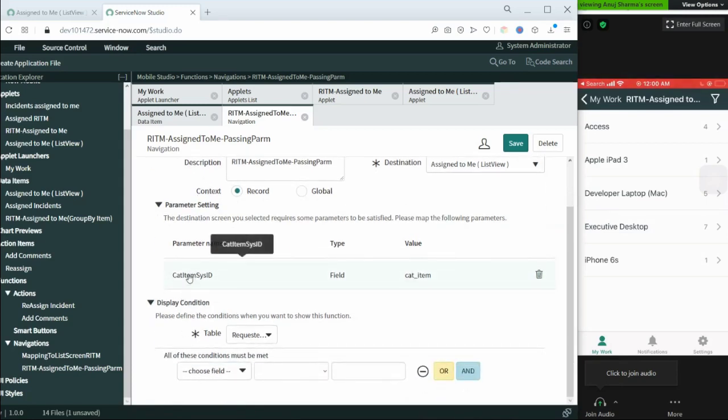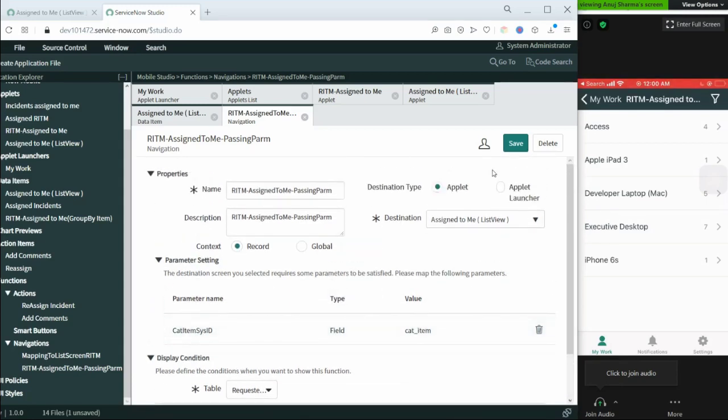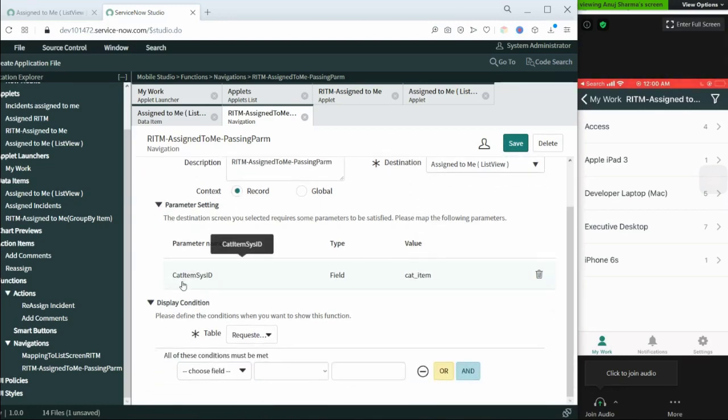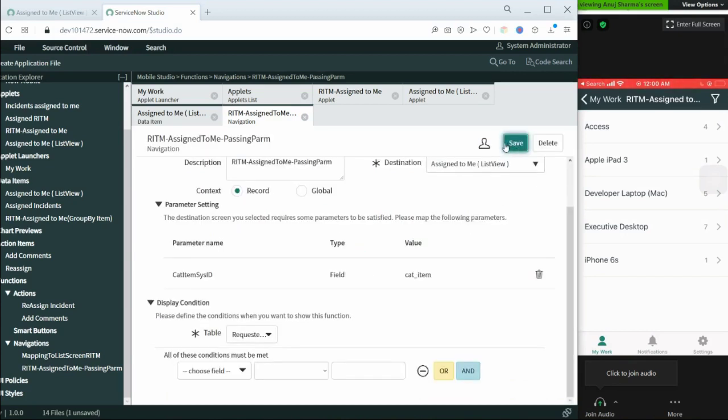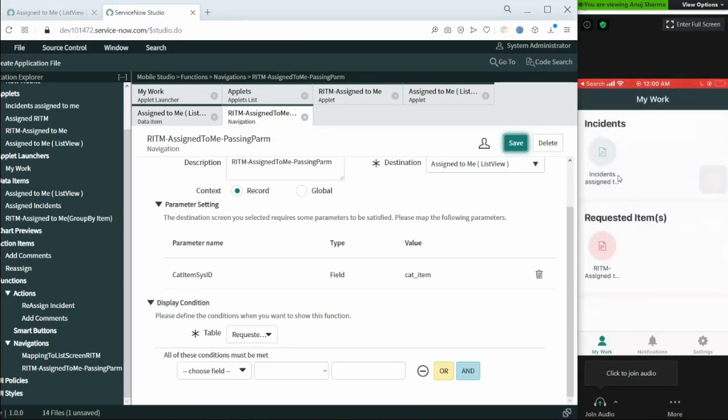Card, catalog item, sysid, correct. And we have given the parameters. Value would be catalog item, sysid. Now we will see if it is working or not. Let's refresh.